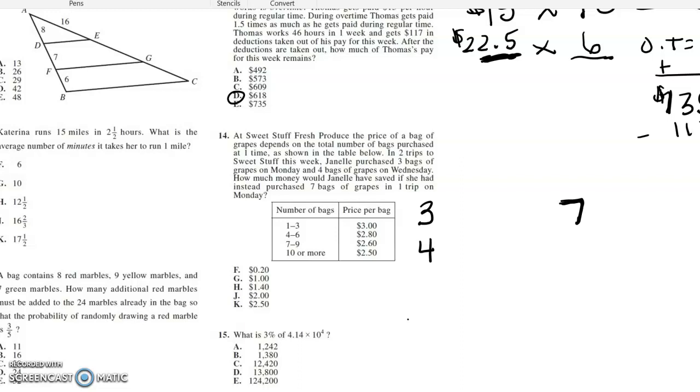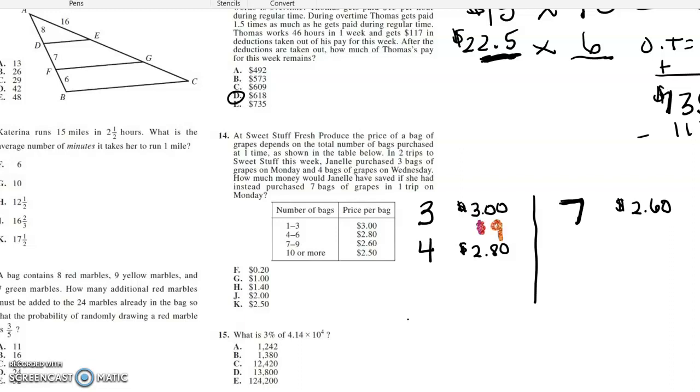Difference means subtract. So just tell yourself that somewhere down the line, we are going to be subtracting. Well, 3 bags cost $3 per bag. Okay. 4 bags cost $2.80 per bag, right? And then 7 bags cost $2.60 per bag. So let's see. What did she spend when she went there, right? So $3 per bag, hopefully you're telling yourself, is a total of $9,